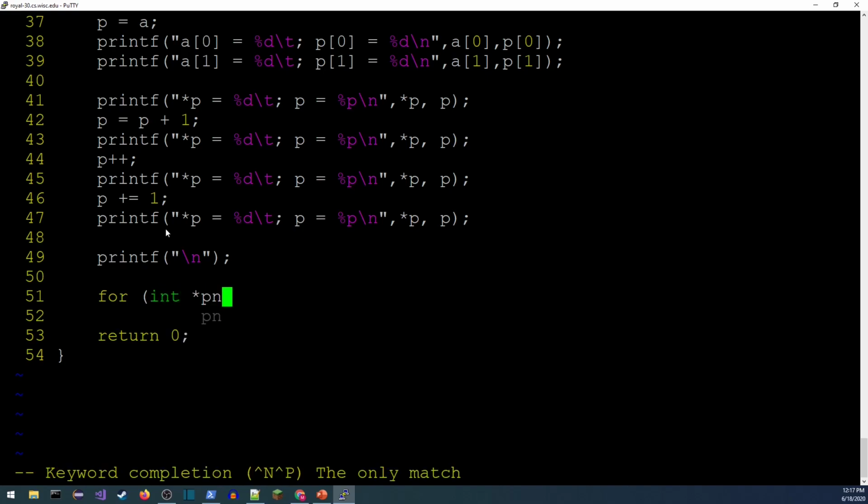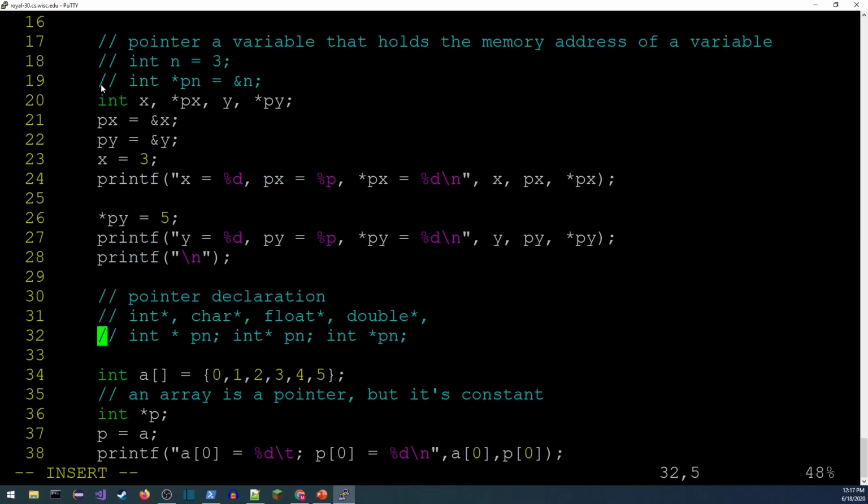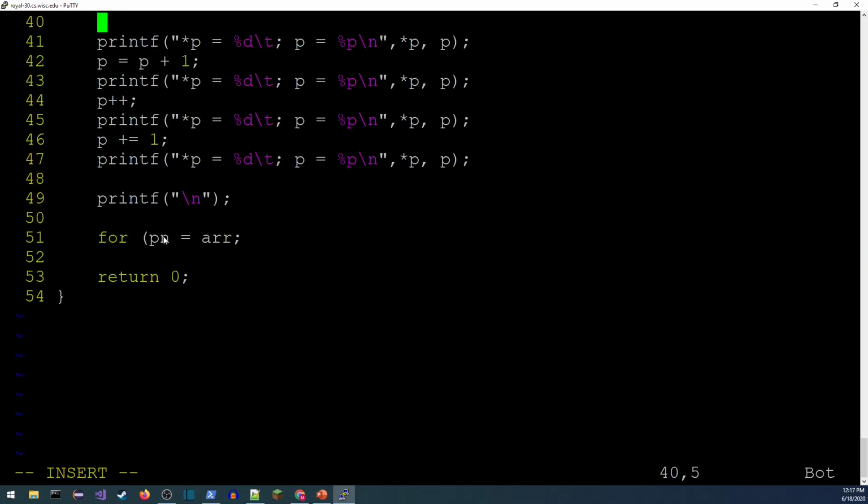I believe I have one available, pn. I think I already had a pn. There it is right here. So now I have a pn pointer. I'm going to point that to the array, and while